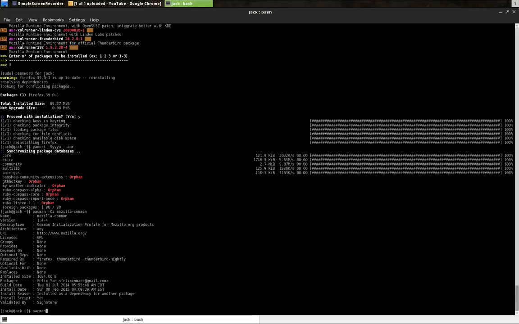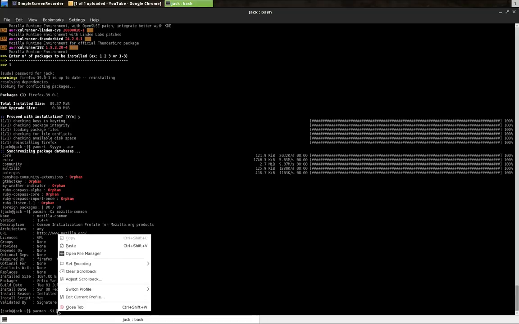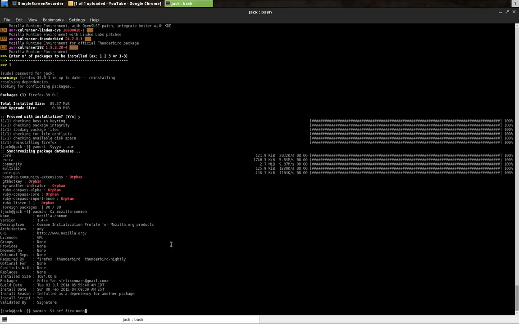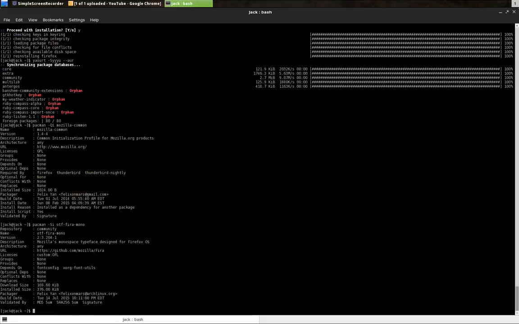Pacman, space, dash capital S I, space, and then you're going to enter the package name in here, which I had to copy. So I'm just going to paste it, and then I'm going to hit enter, and then it finds